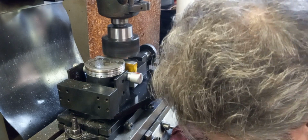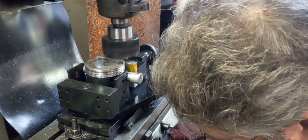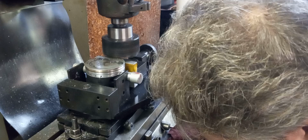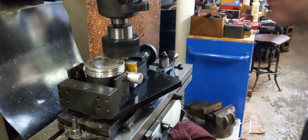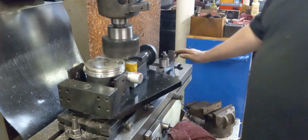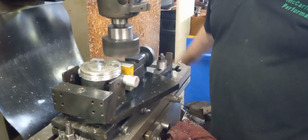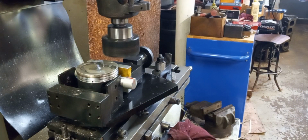I'm going to make one pass on it, just a light cut. I'm going to set the table at 0. Make sure we lock the table in so it doesn't do any of this on the machine. Back it off. That's a little light cut right there, probably about 3/1000ths, but we backed it off, so we're